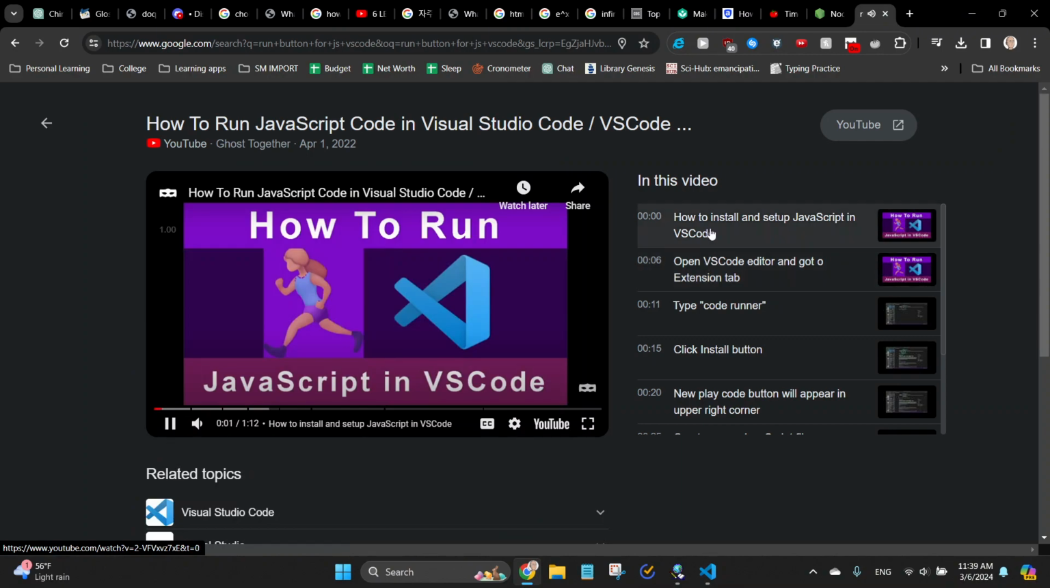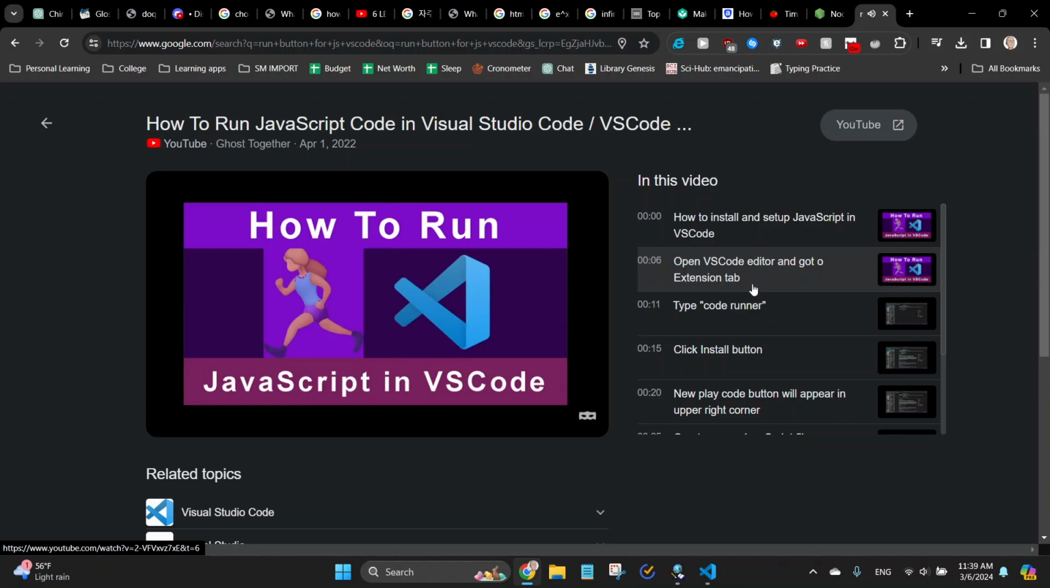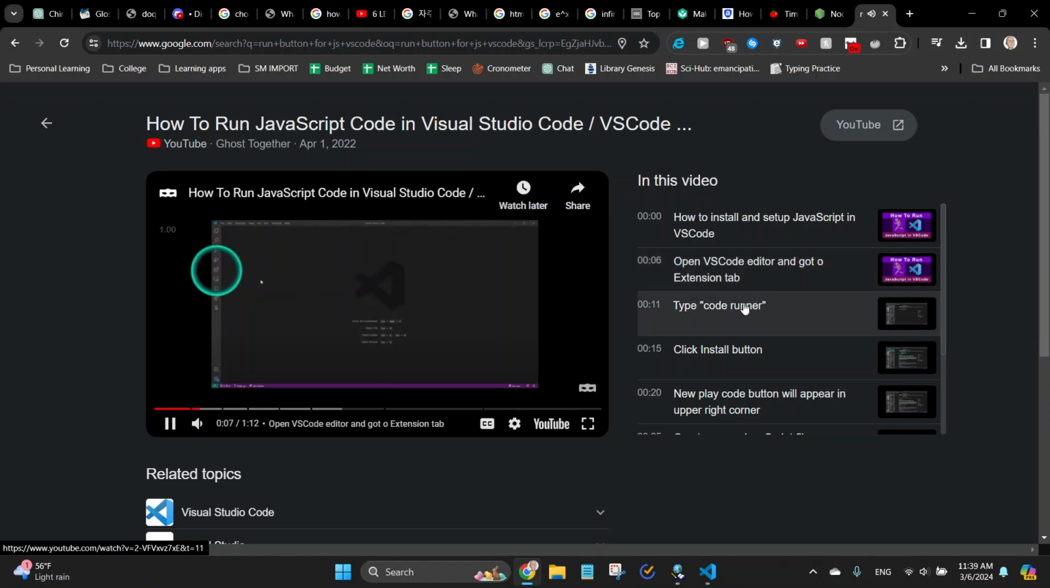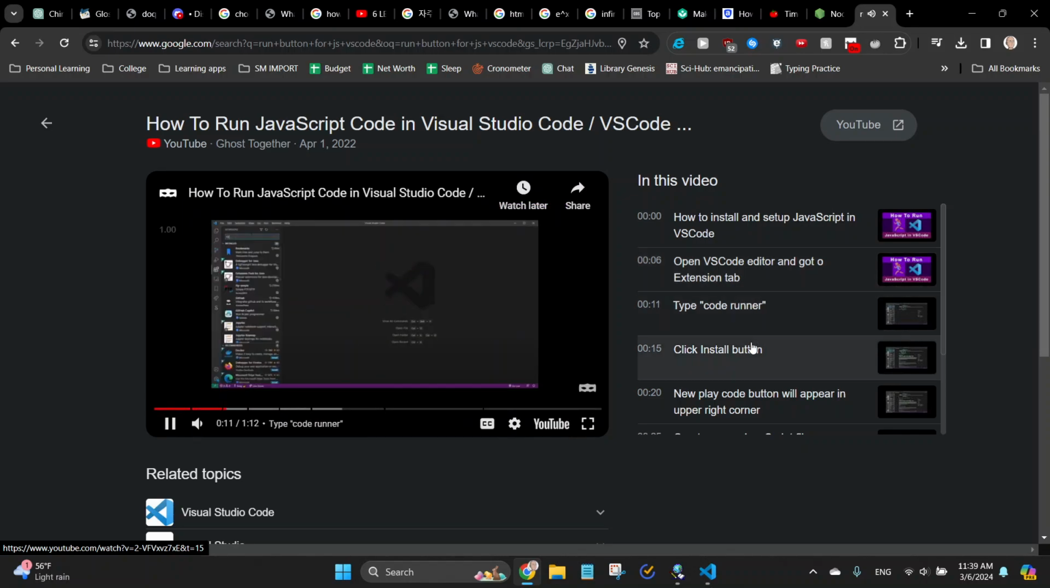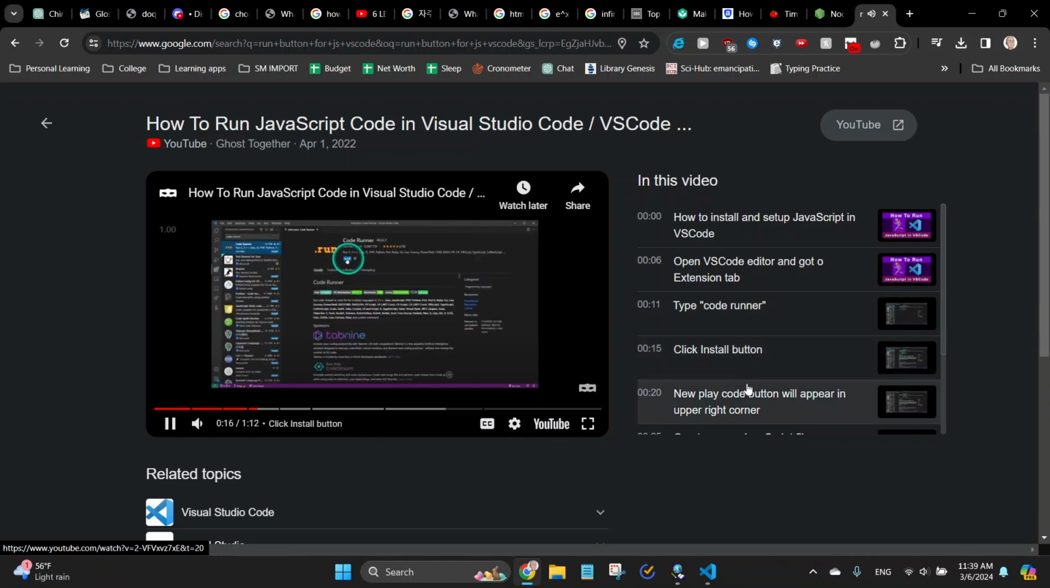In this tutorial, I'm going to show you the fastest way of writing JavaScript in Visual Studio Code. Open your VS Code editor and head to the extensions, search for Code Runner, then click Install. Now, once you do that,